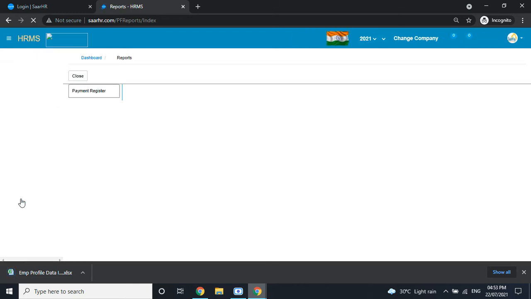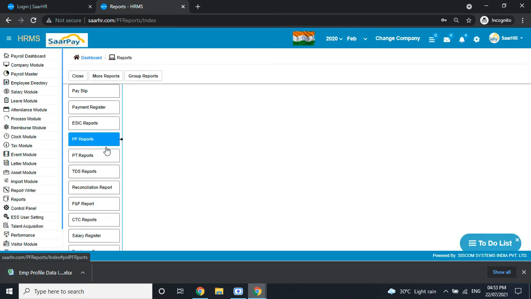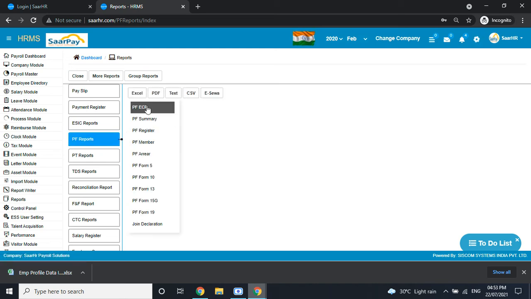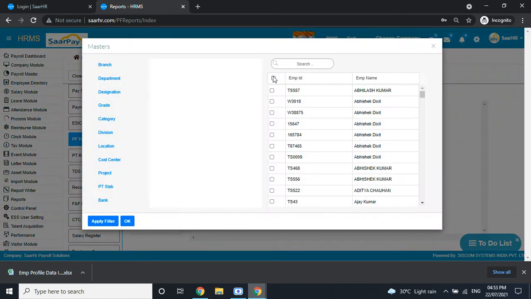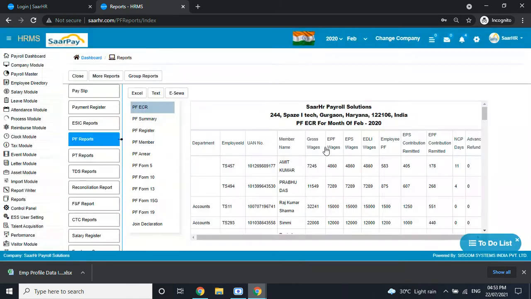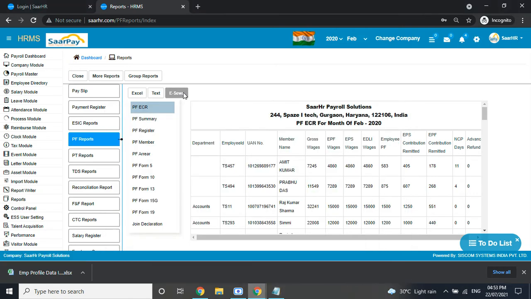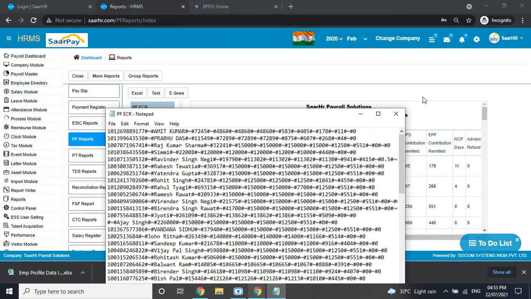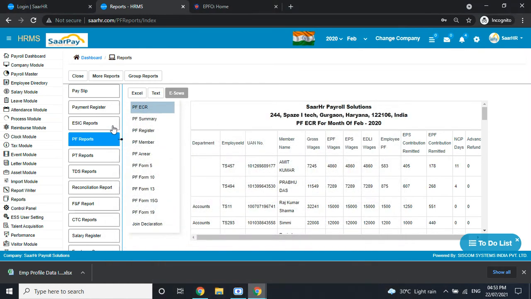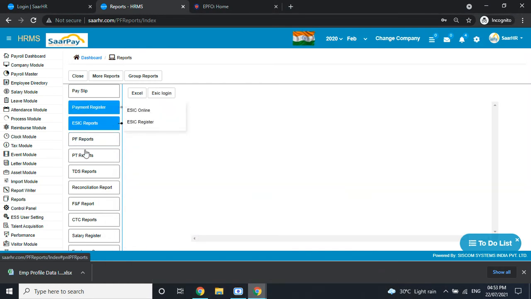Reports, like in reports you can manage PF, ESIC challans easily. You can manage it directly, linked with the software. If suppose I need to generate ECR, I need to just double click there, and okay. So ECR is automatically coming there. If you need that ECR in a text file, click on the text file, and the text file is downloaded there, and you need to just click on the EPFO portal. So you need to upload your ECR. Right, same like ESIC is also there, like other payments are there.